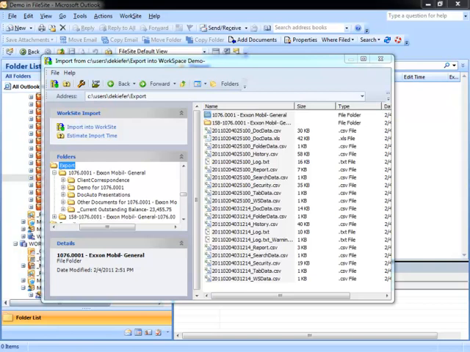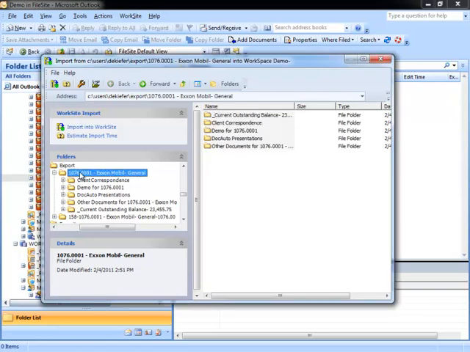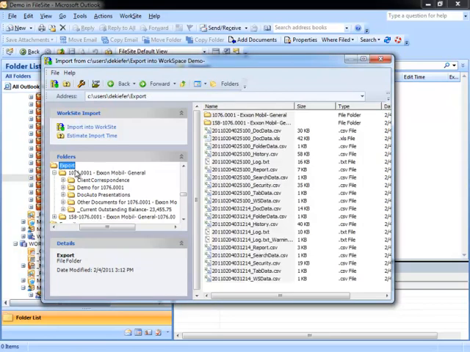Once iImport Desktop has been installed, integrated with the worksite client using the iCommand registry settings, and configured using the settings within the iImport Desktop options, users are ready to run imports by themselves. A user simply launches the program, browses to the structure or set of structures that they would like to import,